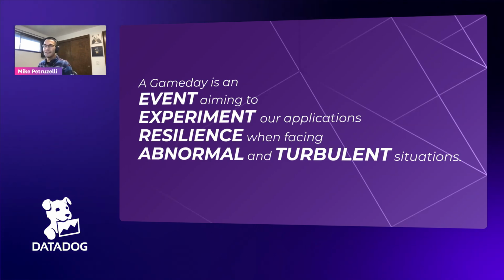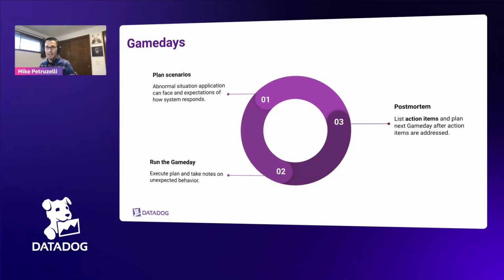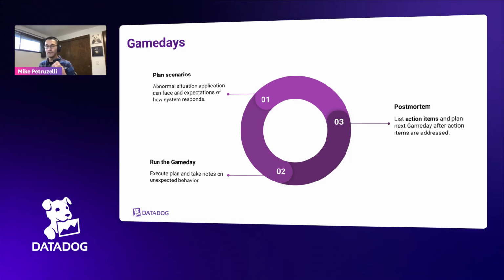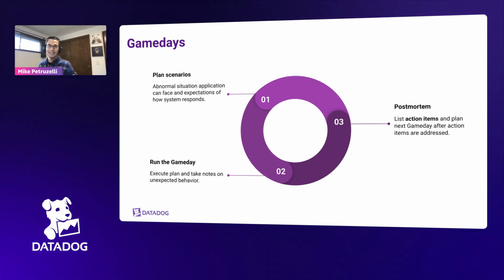And how do we put them together? There are many ways to slice and dice a game day, but we move through this iterative situation of planning our scenarios. That's from various risk reviews and product launch reviews that we have. We're also, like I said, responsible for incident management, so we see all the high severity postmortems, and that gives us a good idea of situations that we need to validate.